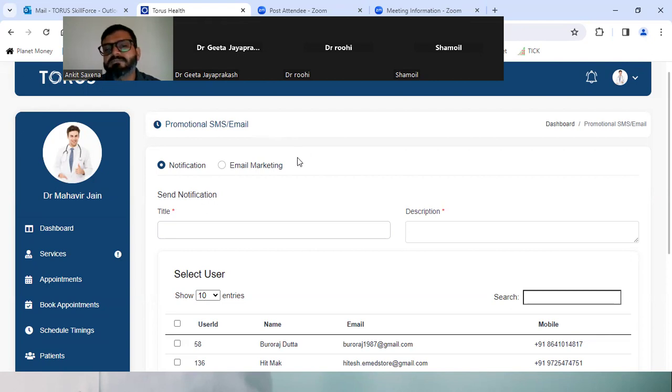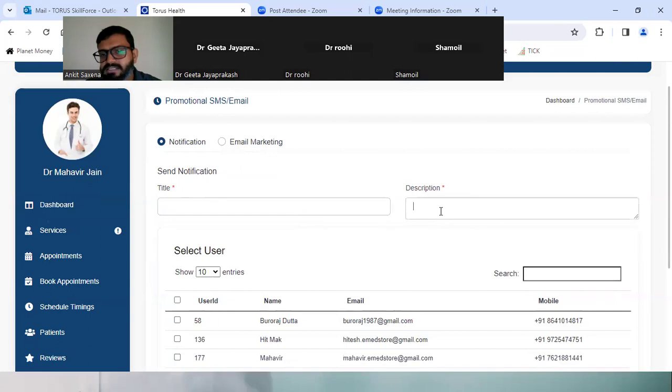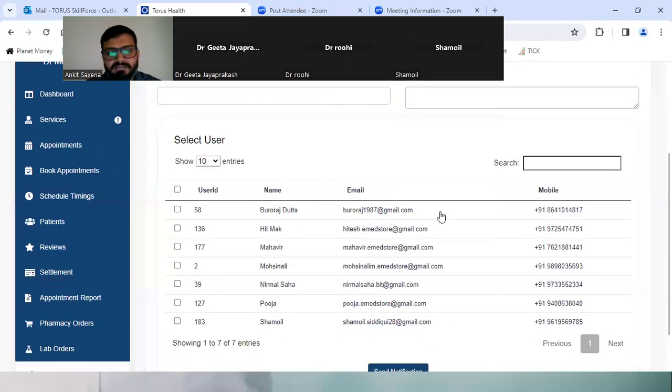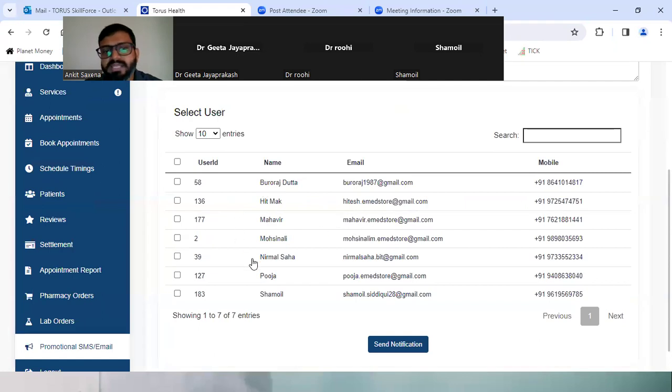So in case you have some offers or some advantages that you want to provide to your patients, any kind of subscriptions or any kind of freebies, you can just mention the title here and provide the description here, and you can select the users, your existing patients.